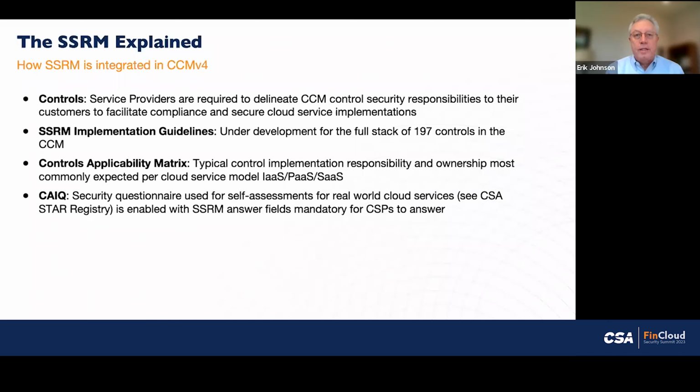The way they do that is that the CSP will delineate the security responsibility or ownership for each control and provide customer control implementation guidance using the CAIQ questionnaire. That's something that customers can definitely leverage in their procurement process and in evaluating CSPs. How good a job did they do in terms of describing the customer responsibilities? And then once you've made your selection, you can leverage that to help implement it as well.